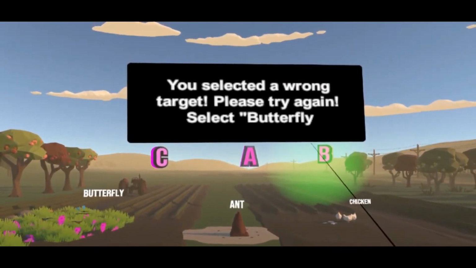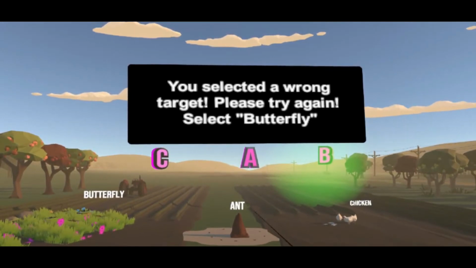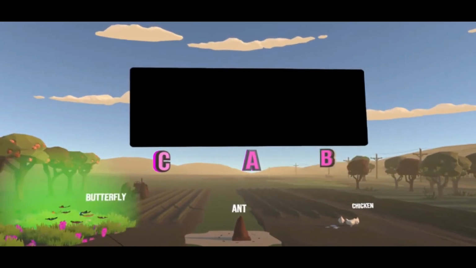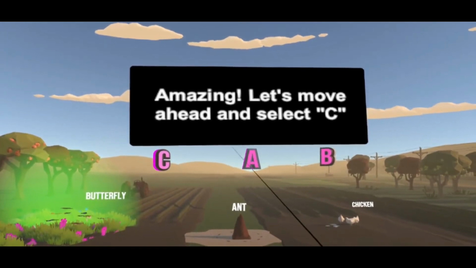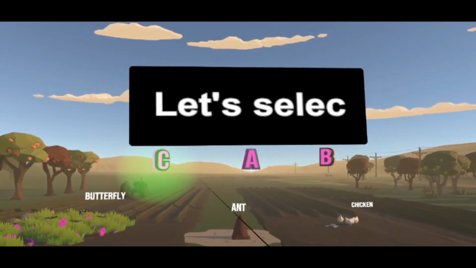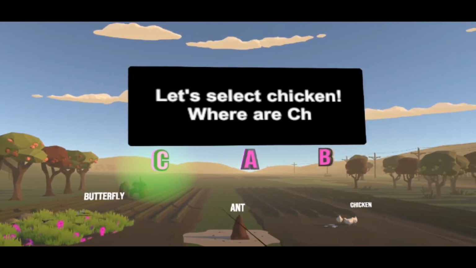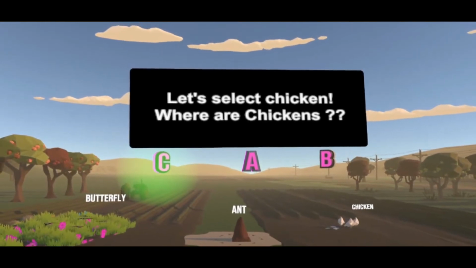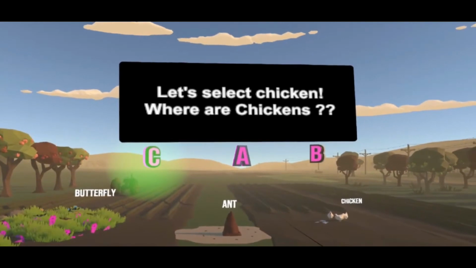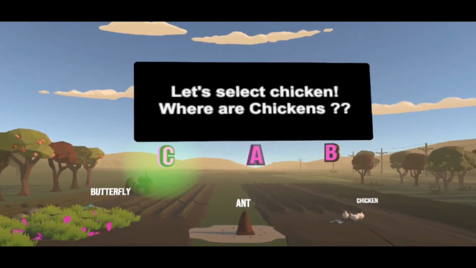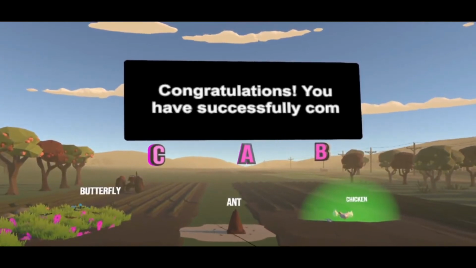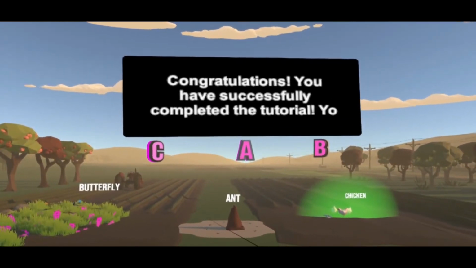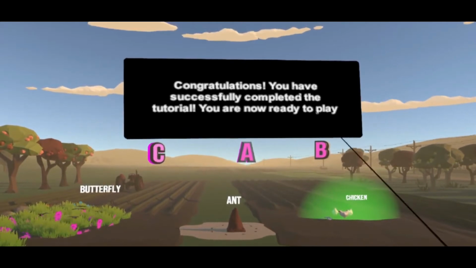Select butterfly. Amazing. Let's move ahead and select C. Let's select chicken. Where are chickens? Congratulations. You have successfully completed the tutorial. You are now ready to play Achillois.